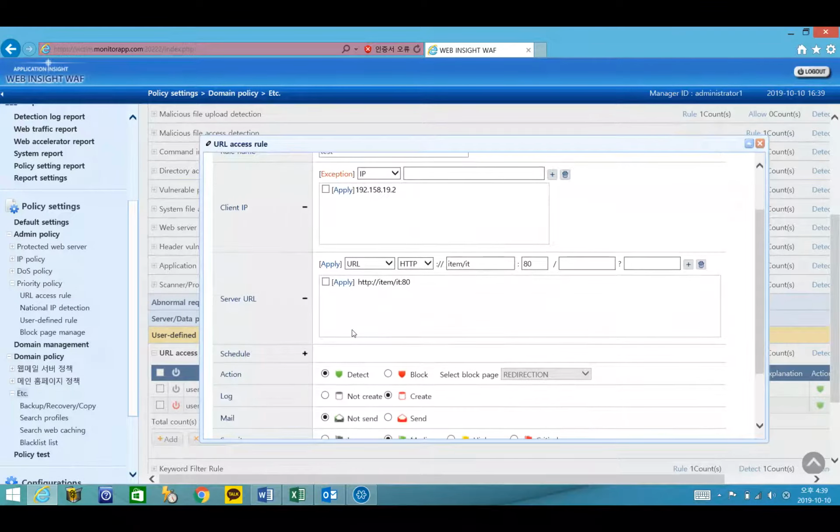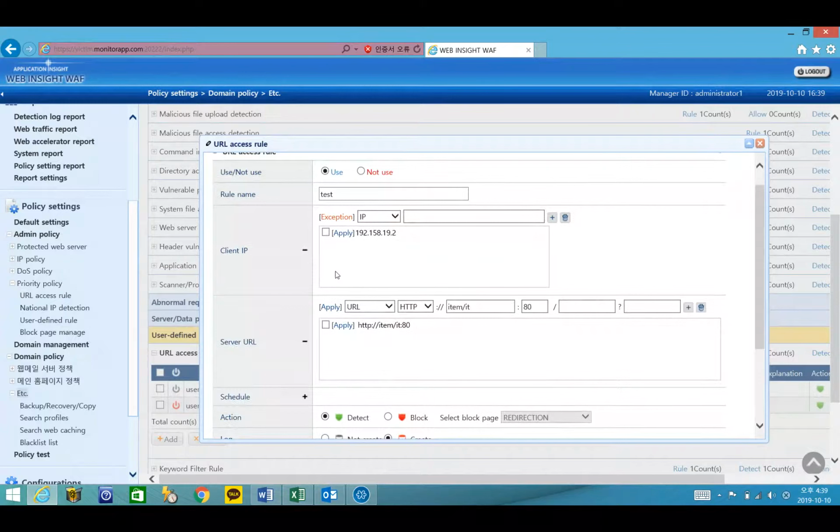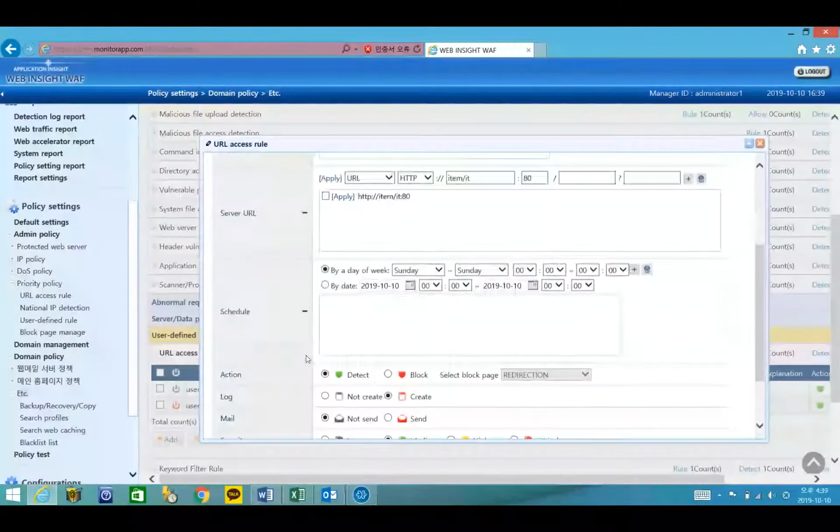So that is the logic, the meaning of this access rule. You can also set the user-defined rule